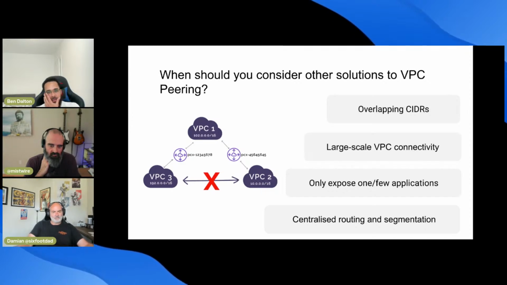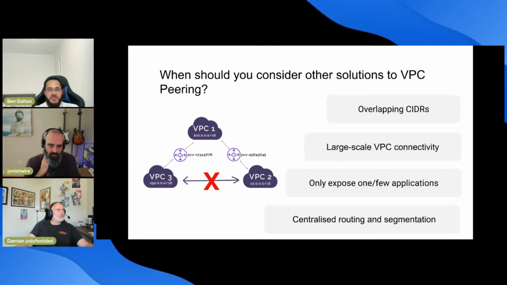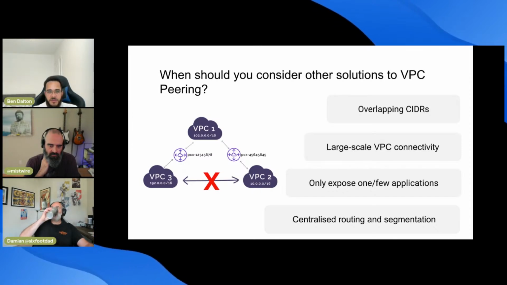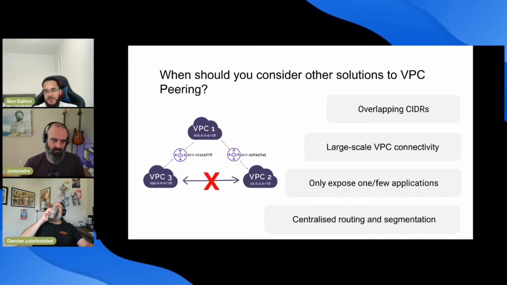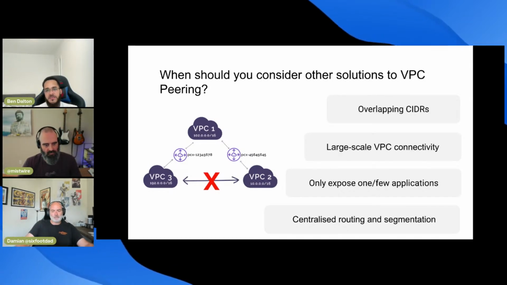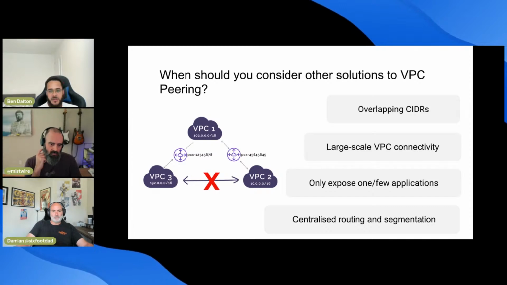Yeah, so another thing, you can use transit gateways to solve that issue. So you have lots of VPCs, you get centralized routing and segmentation, and large-scale VPC connectivity. And it's transitive, as in you attach each VPC to the transit gateway with a VPC attachment, and essentially once the routes are updated correctly, each VPC can communicate with all the other VPCs in a sort of hub and spoke model.